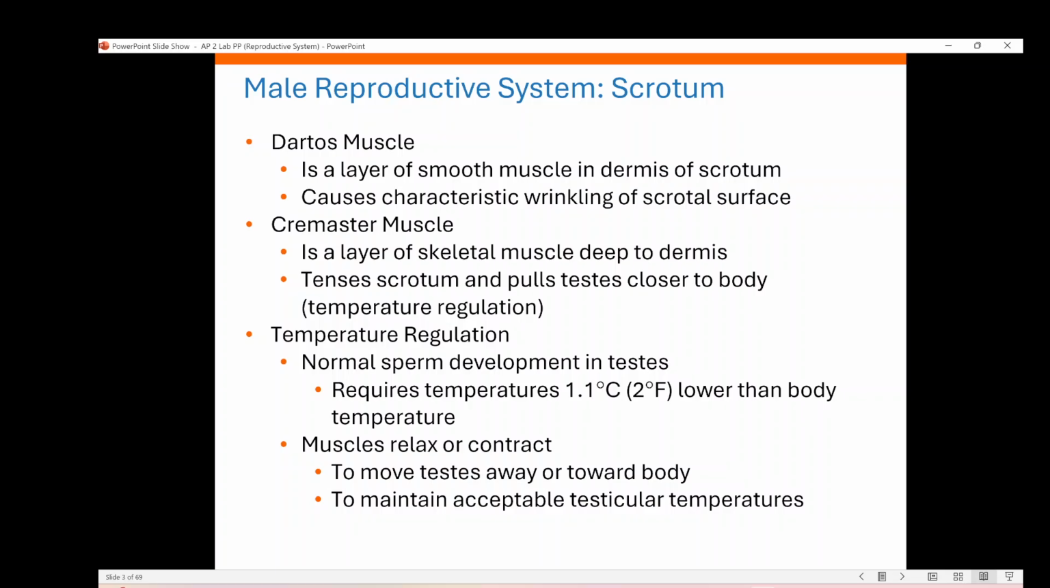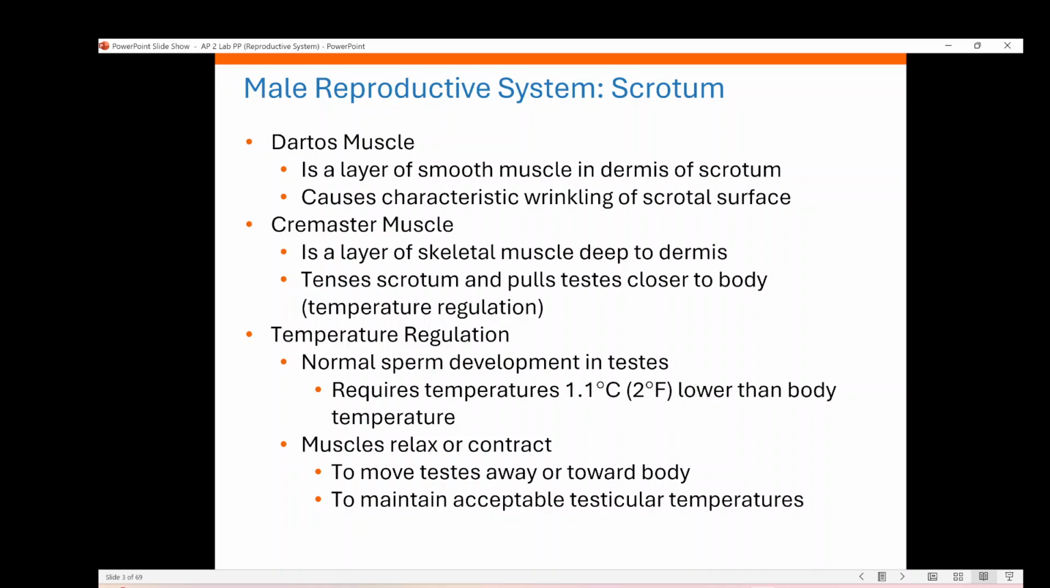Now, there's a couple muscles that are important to maintaining the temperature of the testes, which help with the survival of the sperm. And the first one is actually found in the skin of the scrotum. It's called the dartos muscle. Now, it's a layer of smooth muscle in the dermis of the scrotum, and it causes the characteristic wrinkling of